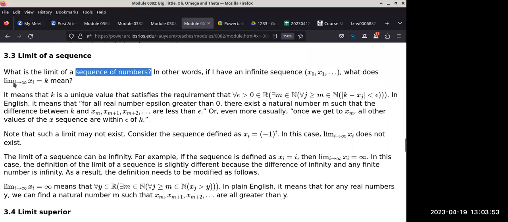If I say, when you take the limit of the sequence, when i approaches infinity, x of i, which is referring to a particular element in the sequence, equals k, it basically means we are getting closer and closer to the value of k. But that is really awfully vague. So instead, we use this notation here to express the same thing.